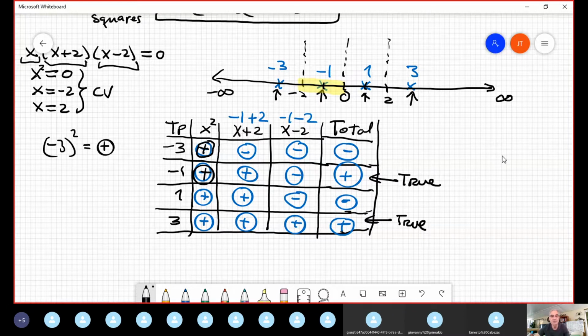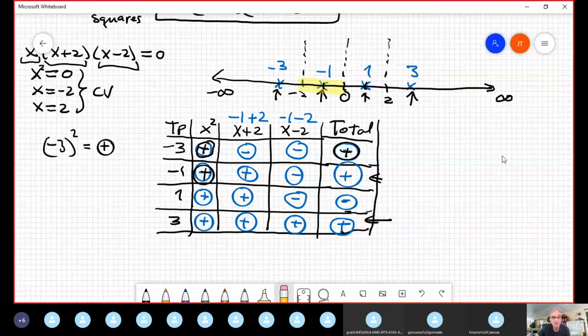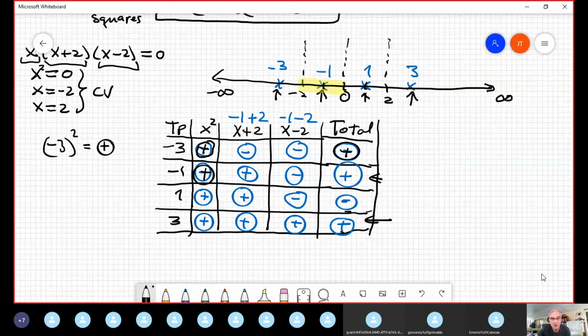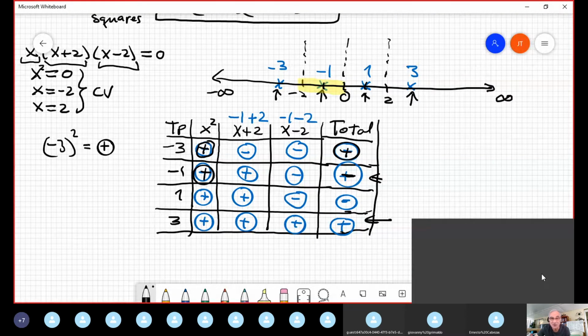Okay? Therefore, we have 1 negative, 2 negative, sorry, is positive. Let me erase that part. This complete column is positive. The 2 negative is positive. 1 negative is negative here. Again here negative. This is correct and it's a positive. So the true is this and this. When I highlight,